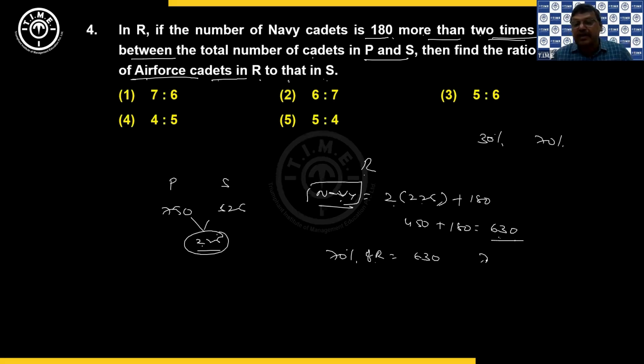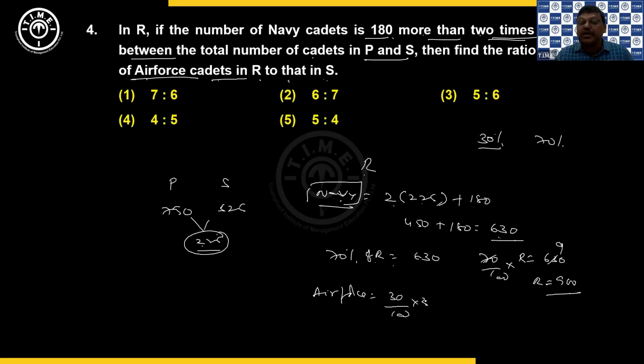I can always say, don't write it, please. This is a waste of time. 70% of R is equal to 630. So R is equal to 900. If R is 900, now I need Air Force, which is 30%. 30% of 900, it is 270 I can say,